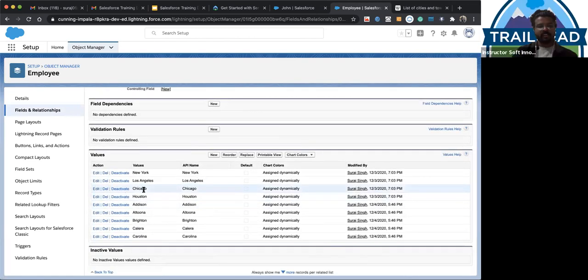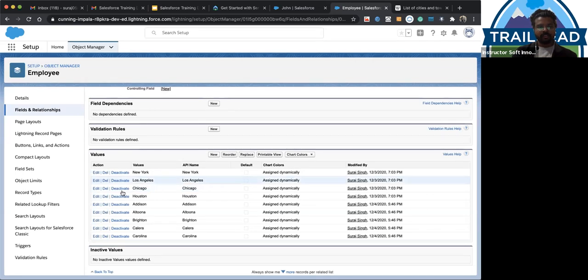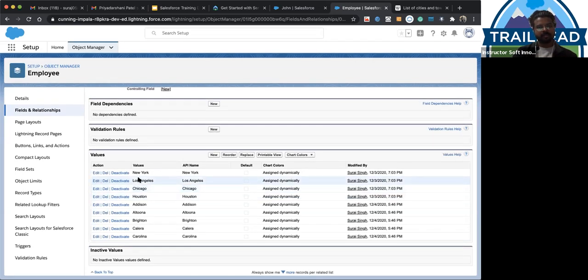And if you deactivate it, all the records having the Chicago value will still have Chicago, but new records will not get Chicago. That's the difference between delete and deactivate. And if I edit it, it will be edited for everyone.